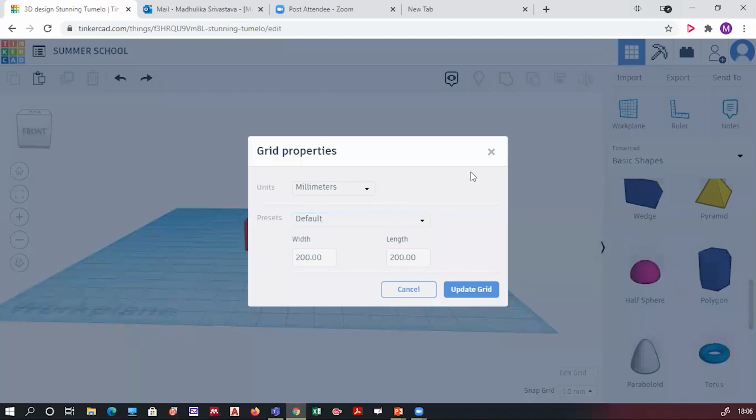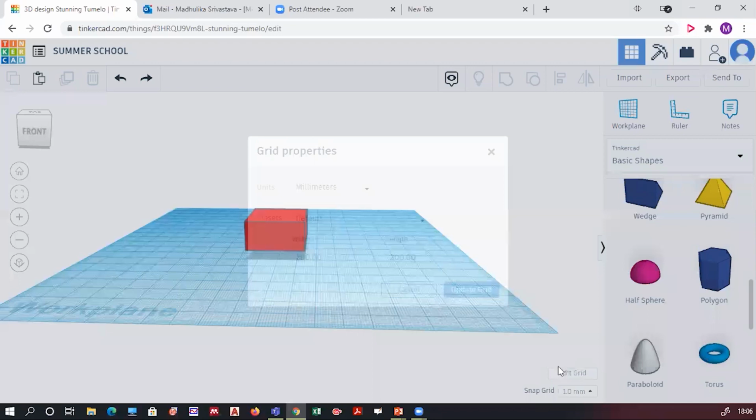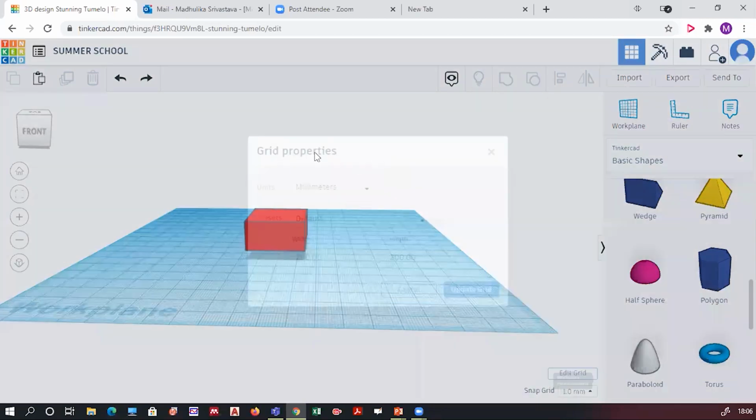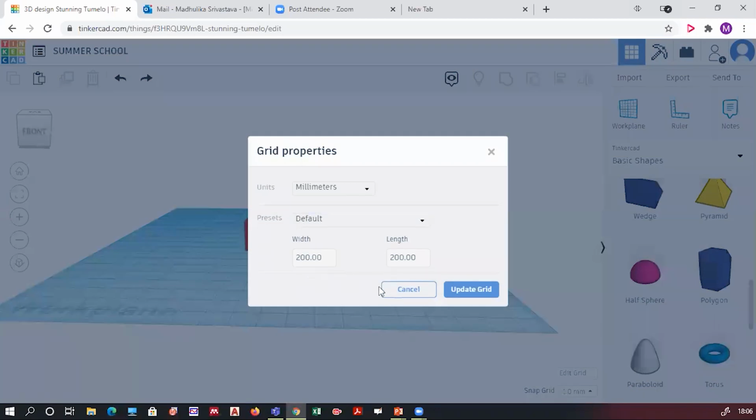Again, I'll show you that option, edit grid. At the lower side you will see this edit grid option. Click on that, you will get the units option and default size of the work plane. When you change it, you have to update your grid.